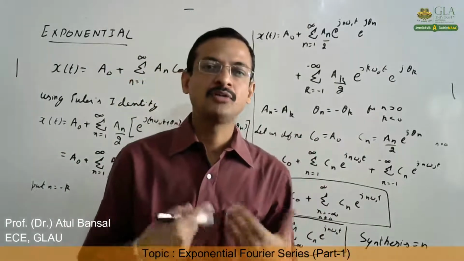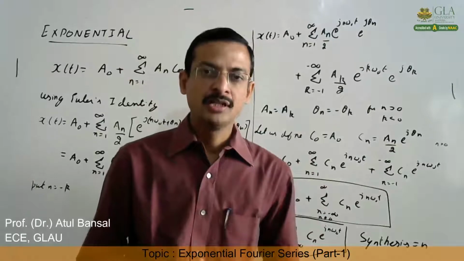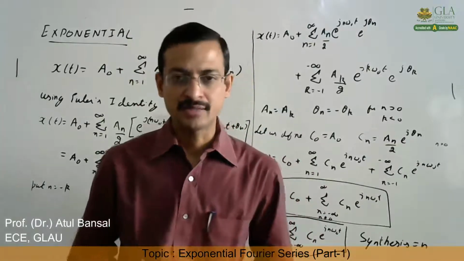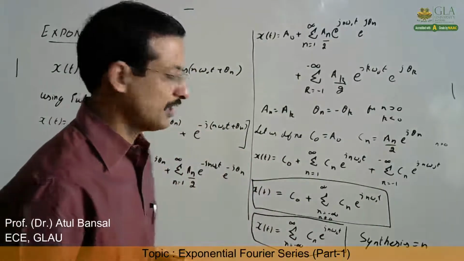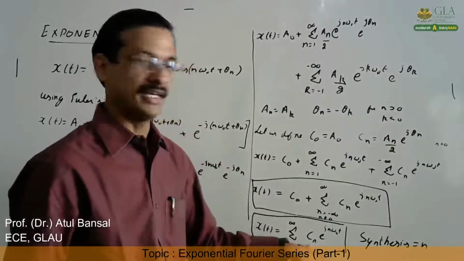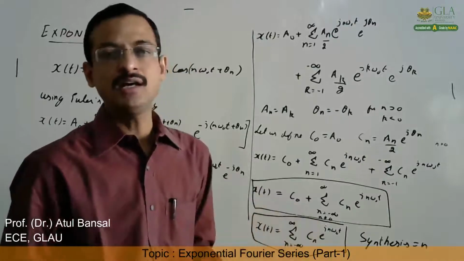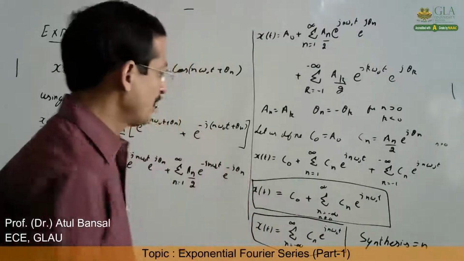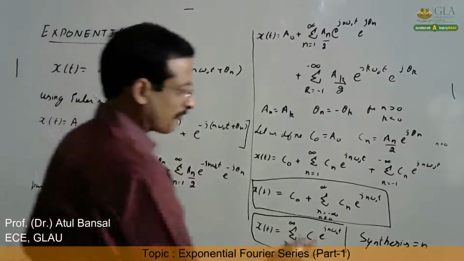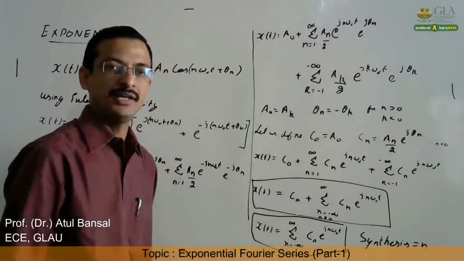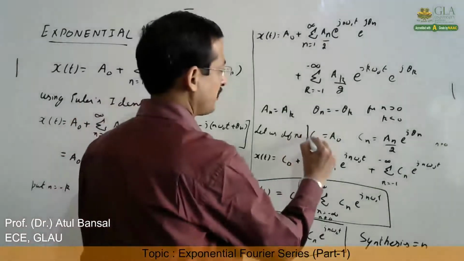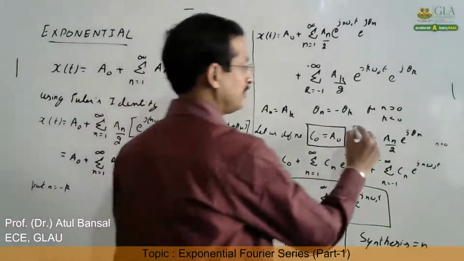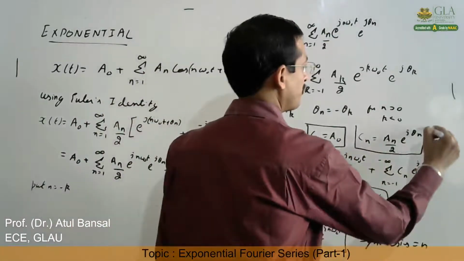From a signal we try to determine its Fourier coefficients, the magnitude of the Fourier coefficient, and the angle of the Fourier coefficient. That is the analysis part. So that is where we will be evaluating the coefficients Cn or C0, and that will be the analysis equation. Here this is the synthesis equation, right? And from this we can easily obtain it from the cosine form. The relationship between exponential Fourier coefficients and cosine Fourier series coefficients is this.